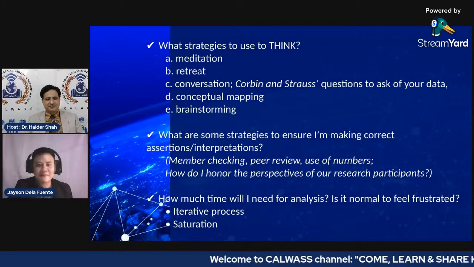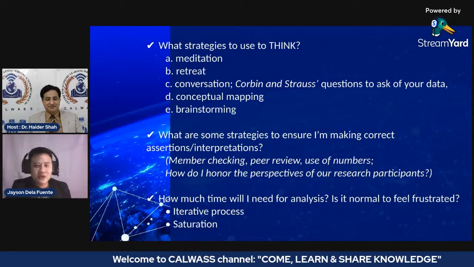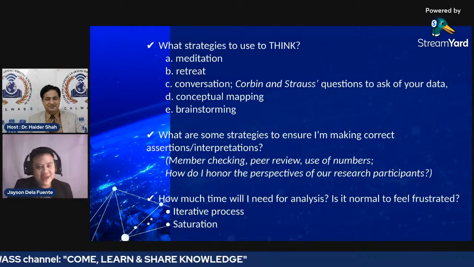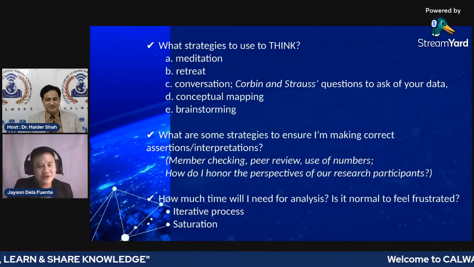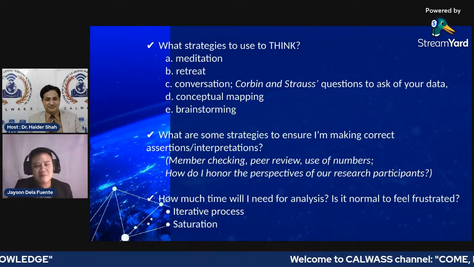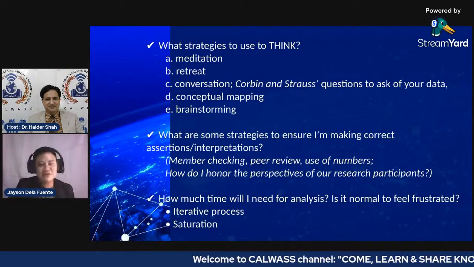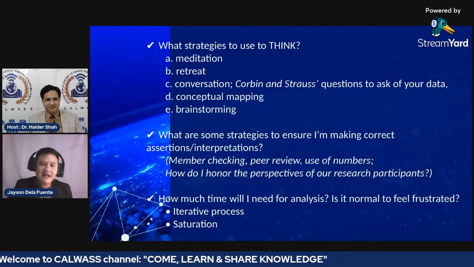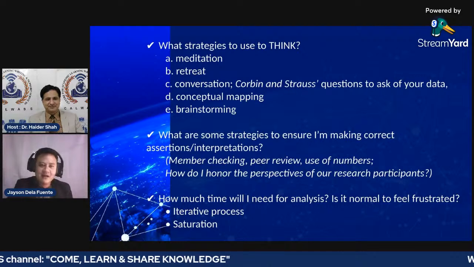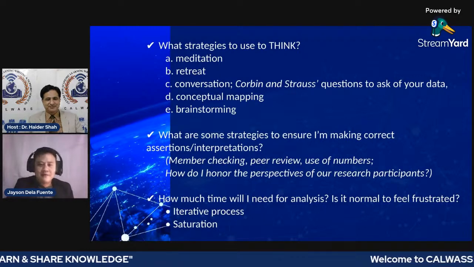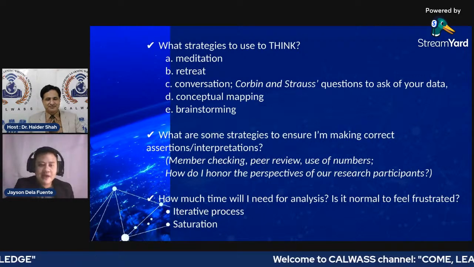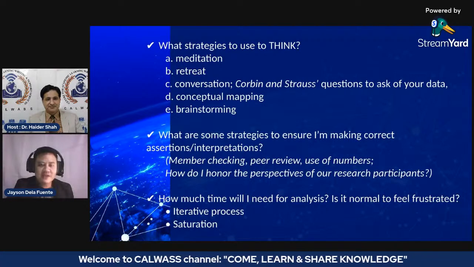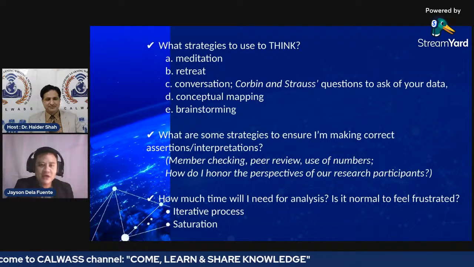What strategies are you going to use? Is it you are going to meditate, you are going to retreat, you are going to have conversation with others, or you're going to do the conceptual mapping, or you are going to do the brainstorming? Everything is actually useful in terms of analyzing qualitative data because other opinions or other insights, inputs as to what you are doing sometimes can contribute to the holistic